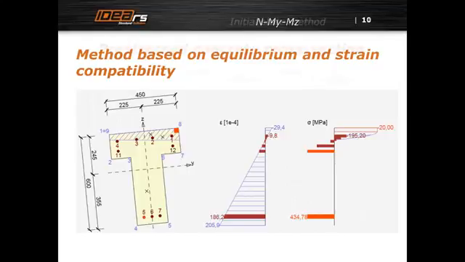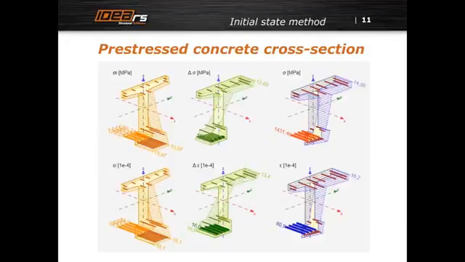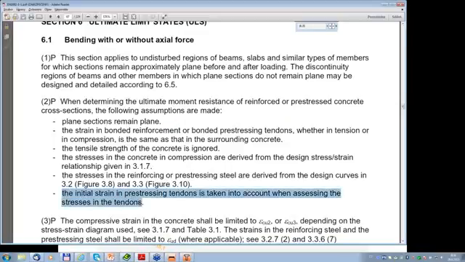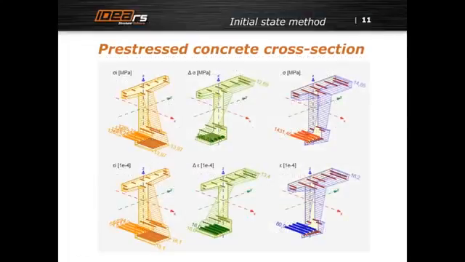For pre-stressed cross sections, we have an even more sophisticated solution. Here in the last assumption, it is said that you have to use initial strain in pre-stressing tendons. So what we do is that we really apply initial stresses as a result of the action of dead loads and creep and shrinkage, and we add the effects of variable loads, and we calculate the total effects here on